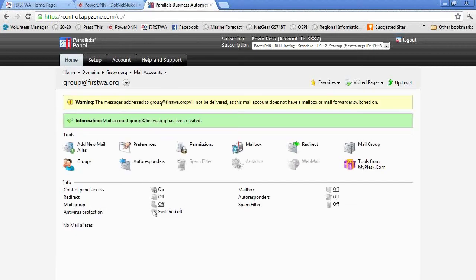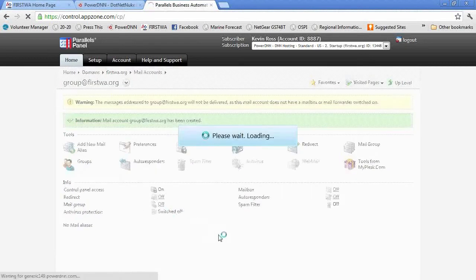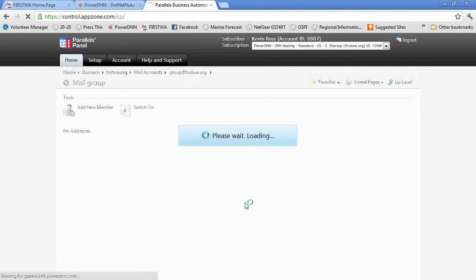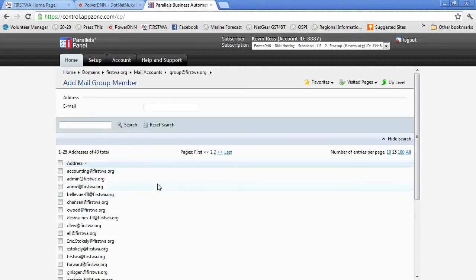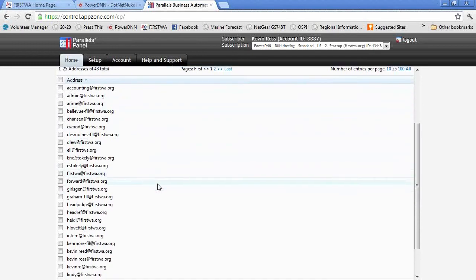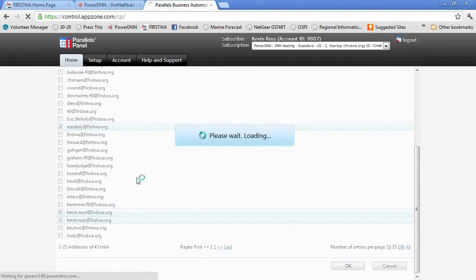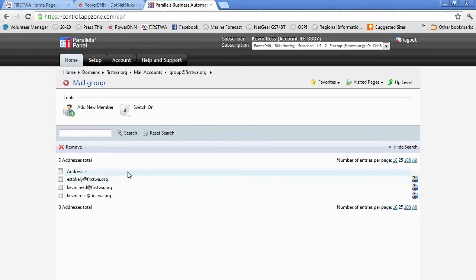This time, instead of hitting redirect, we're going to hit mail group. So we're going to turn that on, or we're going to click on that, and we need to add some members. And so I've clicked on the Add Member button, and this will show you all of the addresses that are available. I'm just going to pick a few. Let's see, here we'll get Eric Stokely and Kevin Reed and Kevin Ross, and we will add all of those addresses